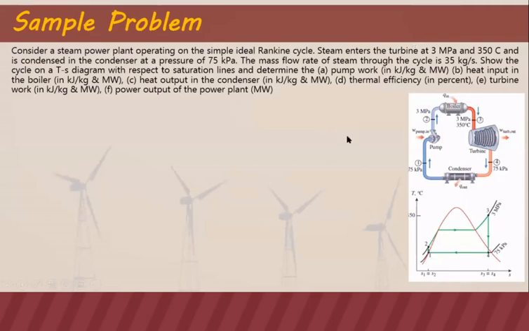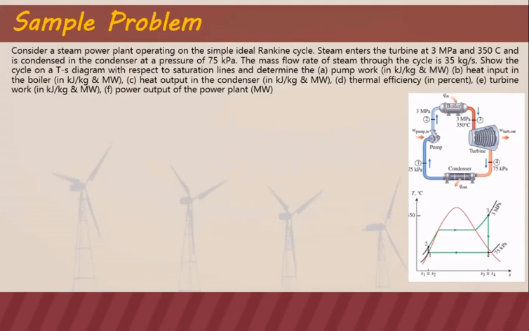Sample problem. Consider a steam power plant operating on a simple ideal Rankine cycle. Steam enters the turbine at 3 MPa and 350 degrees Celsius and is condensed in the condenser at a pressure of 75 kilopascal. The mass flow rate of steam through the cycle is 35 kilogram per second. Show the cycle on a TS diagram with respect to saturation lines and determine the pump work in kilojoules per